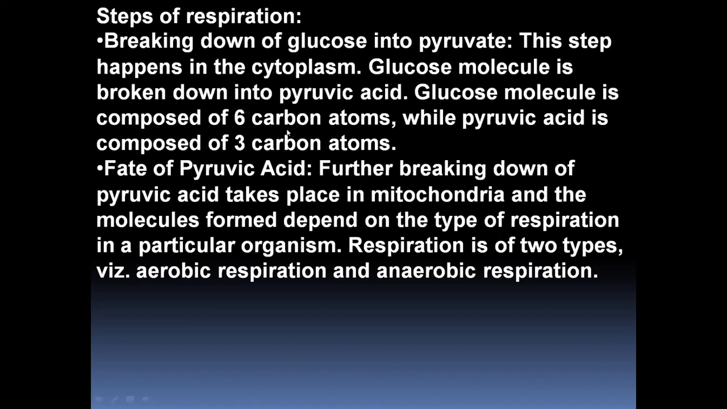Glucose molecule is composed of 6 carbon atoms, while pyruvic acid is composed of 3 carbon atoms. As the glucose enters the cell, in the cytoplasm it breaks down. One 6-carbon glucose molecule breaks down and gives rise to 2 molecules of pyruvate. Then what happens to the pyruvate? This is the next question. What is the fate of pyruvic acid? Further breaking down of pyruvic acid takes place in mitochondria